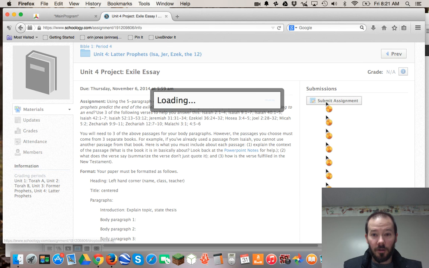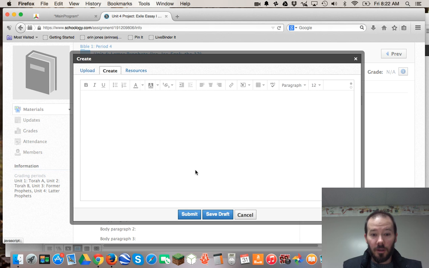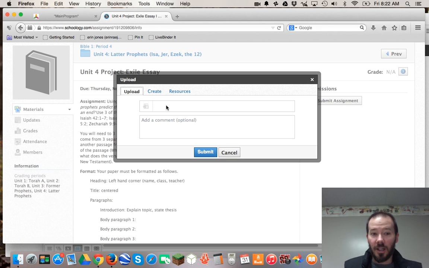And actually, I should show you this. You can save it. You can click Save Draft, so you can come back to it later. Or if you prefer to use Word or something like that, you could hit Upload and then hit the File button, and it should open up the files on your computer. Sorry, there's a lot going on my computer right now, so this might take a minute.